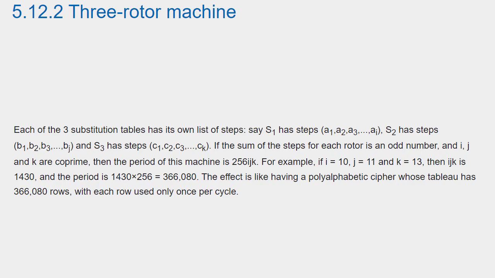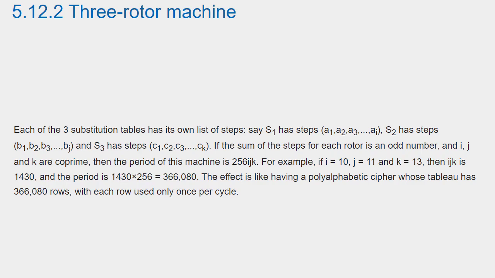If the sum of the steps for each rotor is an odd number, and I, J and K are co-prime, then the period of this machine is 256 IJK. For example, if I equals 10, J equals 11, and K equals 13, then IJK is 1430, and the period is 1430 times 256, equals